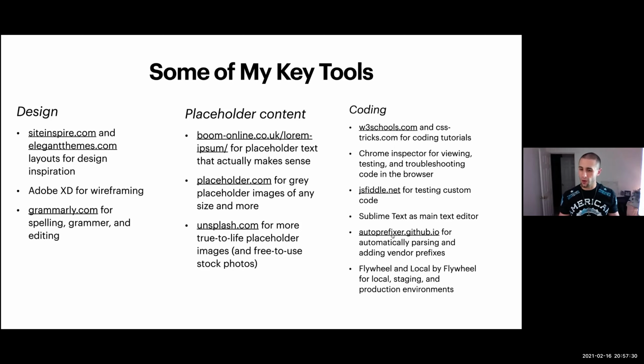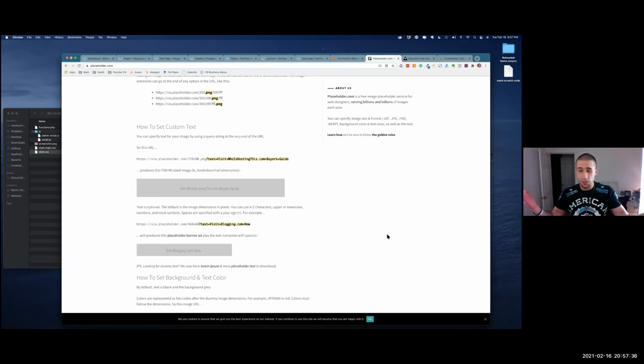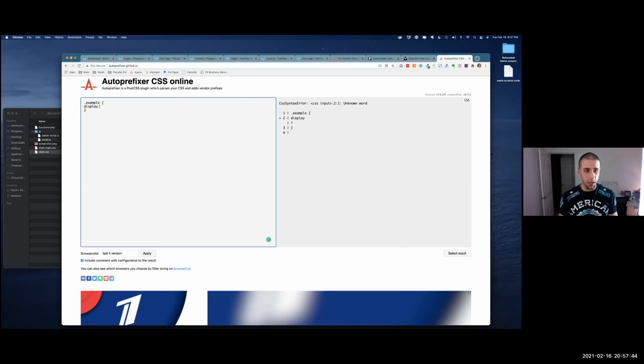The big one I want to point out is this auto-prefixer. Let's say you are putting your CSS into Divi, which, hey, if that's what you're doing, that's what you're doing. But this auto-prefixer could help you out with that. So if I type in display flex, right away over here, it's creating all the prefixed code for working across different browsers. And so then if I say flex wrap,